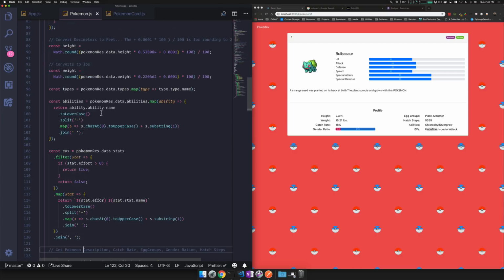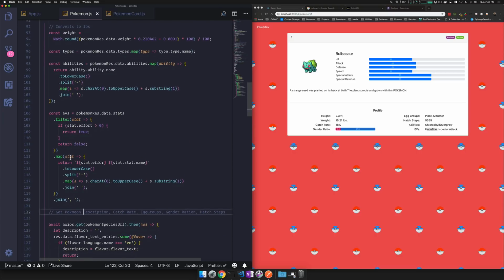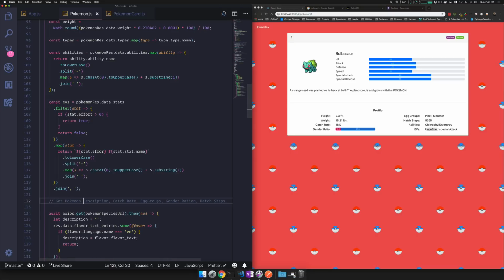EVS, let's see. EVS right here. So we're getting an issue right here. So let's go ahead and see where we're getting this issue at and why we're getting the issue. So let's step through it. So we got the Pokemon